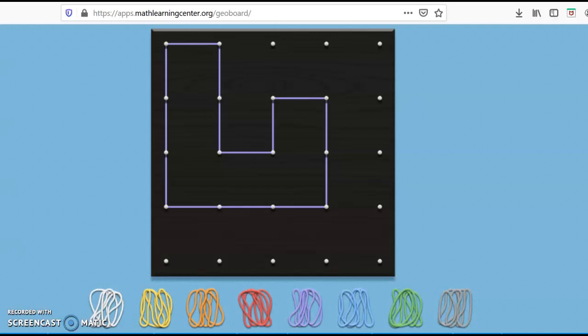Hi everyone, my name is Mandy Cole, and today I'm going to demonstrate how to do Activity 13, Geometric Design Cards. The first shape